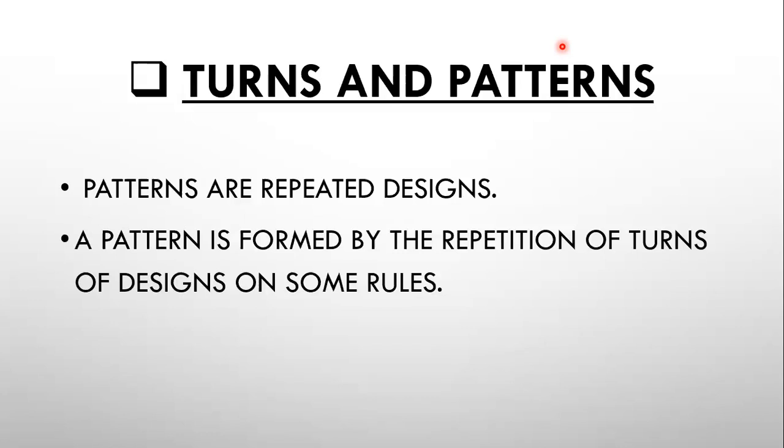And also you learned about 1/4 turn. 1/4 turn means a turn of 90 degree. In 1/4 turn, an object in horizontal position will look vertical, and an object in vertical position will look horizontal. That is 1/4 turn, 90 degree turn. And also you learned about 1/3 turn. 1/3 turn is the turn of 120 degree, and 1/6 turn means turn of 60 degree.